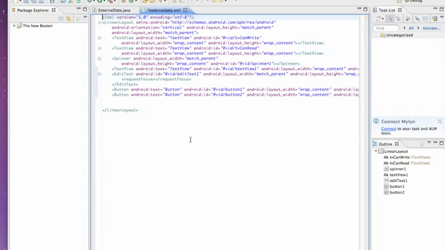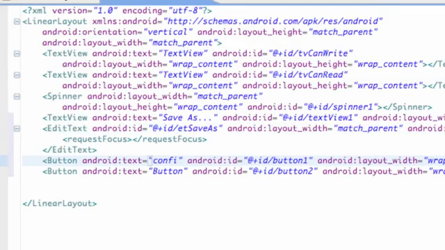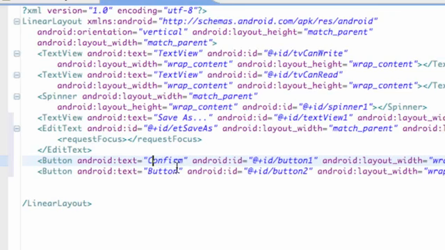Now let's just change some stuff around. First, for the edit text that we just have, we're going to say save as, something like that. And for the edit text, we're going to change this to et save as, and for the button we're going to say confirm, for our first button anyways, and our second button we're going to say save